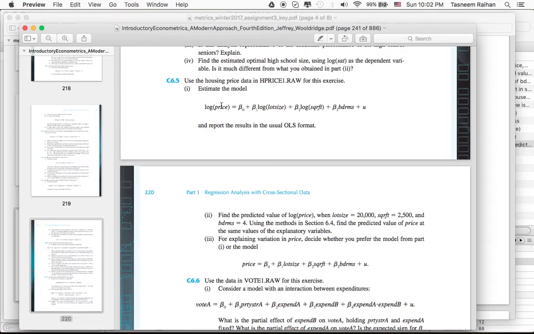The dependent variable here is in log, but the dependent variable here is in level. So whenever the functional form of the dependent variables are different, you can't really use r squared to compare the models. You can't really use r squared to judge which model is better than the other. So we have to do a bit of a trick here. What we're going to do here is